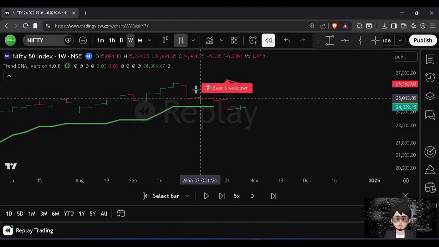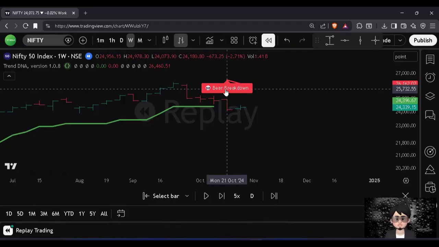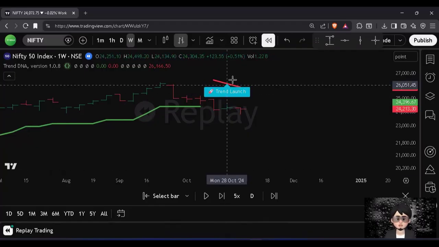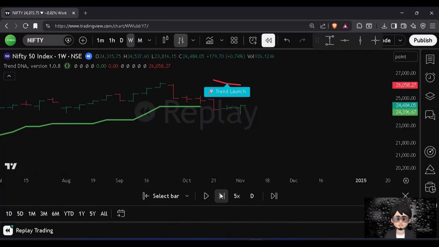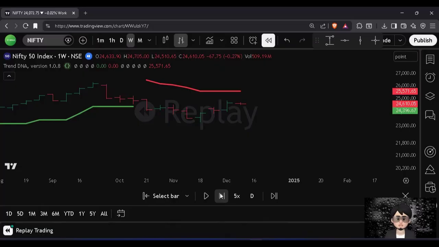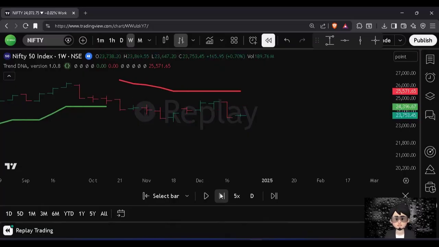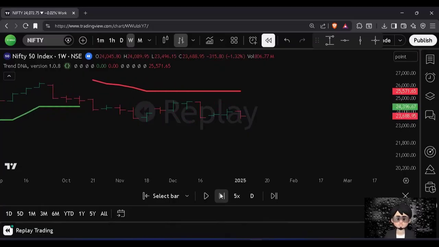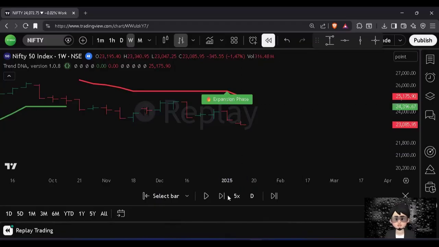The very first label you'll see is Bear Breakdown, because the trend has just flipped to bearish. After that, you'll see a Trend Launch label, indicating that a new bearish trend has just started. For the next few candles, the label will continue to show Trend Launch. As the trend develops further, the label may change to Expansion Phase or Trend Running, depending on the current market